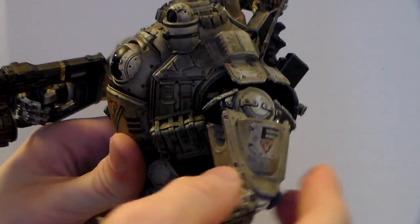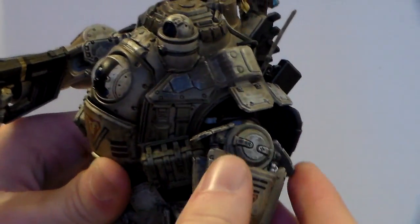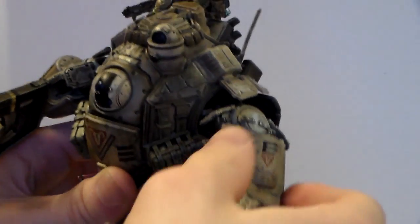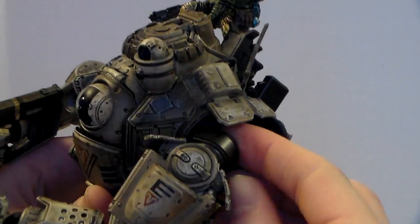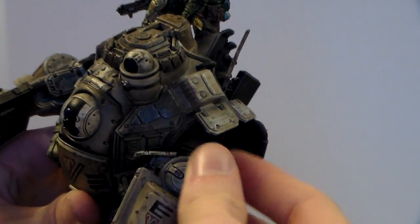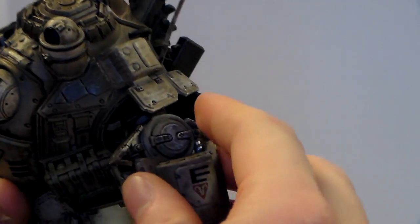So, typical PlayArts Kai stuff, it does have the butterfly joint, but the butterfly joint on this one is also kind of a different butterfly joint. It's not the ones where it just hinges out. When you hinge it out, it also acts as a swivel. So it's just a different piece of articulation right there,